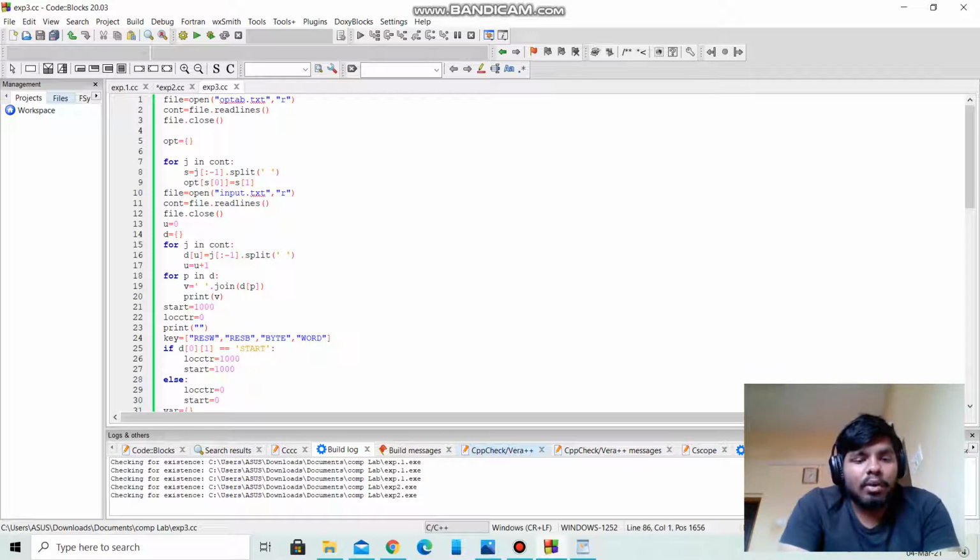An assembler is a program that accepts an assembly language program as input and produces its machine language equivalent along with the information for the loader.